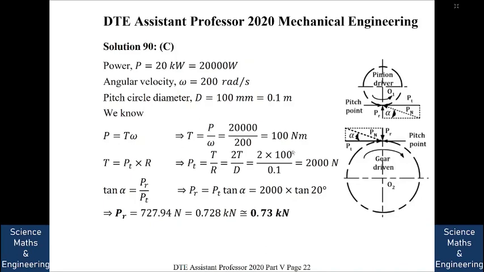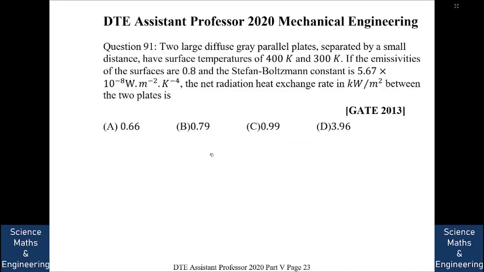Okay, next question. Two large diffuse gray parallel plates separated by a small distance have surface temperatures of 400 Kelvin and 300 Kelvin respectively. If the emissivities of the surfaces are 0.8 and the Stefan-Boltzmann constant is 5.67 into 10 to the minus 8 watt per meter square Kelvin to the power 4, so this we need to remember because it is not given in all questions. The net radiation heat exchange rate in kilowatt per meter square between the two plates is,